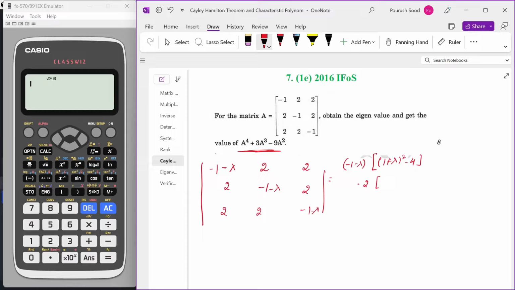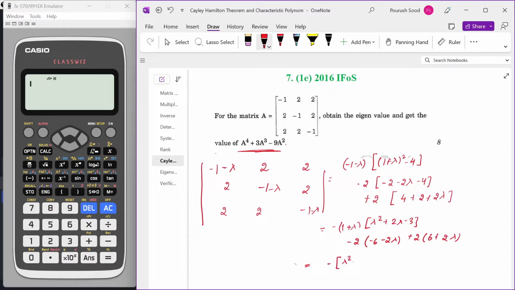Minus 2, so this will give us minus 2 lambda minus 4 plus 2, 4 plus 2 plus 2 lambda, which will give us minus 1 minus lambda, 1 plus lambda square plus 2 lambda minus 3, minus 2 minus 6 minus 2 lambda plus 2, 6 plus 2 lambda, which is equal to, so we have